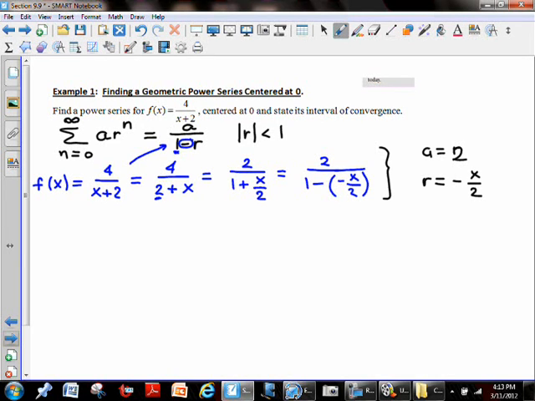You don't want to forget that negative sign. It's going to be very important. So when it comes time to write your final answer, what is the power series? Well, it's just this summation expression, as n goes from 0 to infinity,